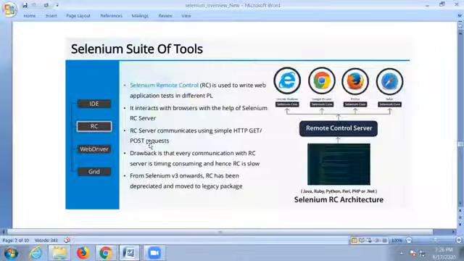RC server communicates using simple HTTP. No HTTPS, not possible. That's one drawback. The drawback is that every communication with the RC server is time consuming, and hence RC is very slow in execution. That's why from Selenium 3 onwards, RC has been deprecated and moved to legacy packages. So they merged everything into WebDriver. Then why again RC? If I'm asking you about RC, there is no more RC in the market. But